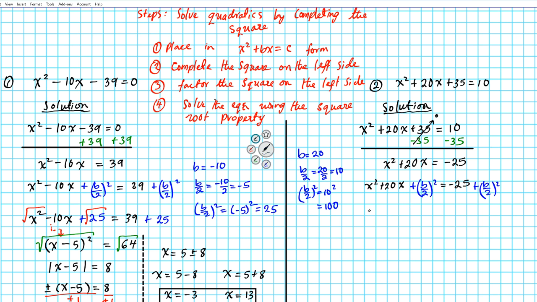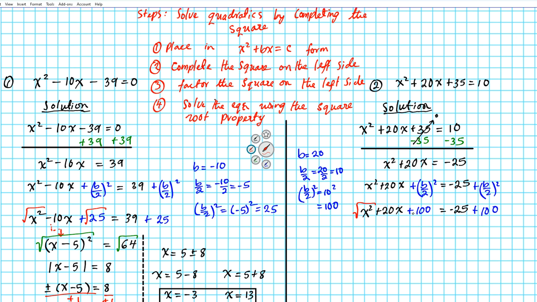It makes the left side a perfect square trinomial. Okay, so we have x squared plus 20x plus 100, which gives you a perfect square trinomial on the left side. And then on the right side, negative 25 plus 100, just to preserve equality. Okay, all right, so on the left side, we have a perfect square trinomial, so we can use the factorization